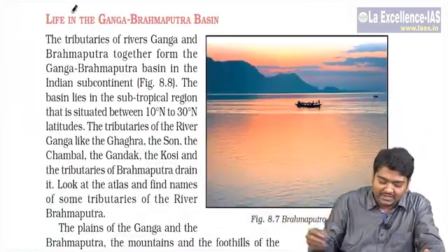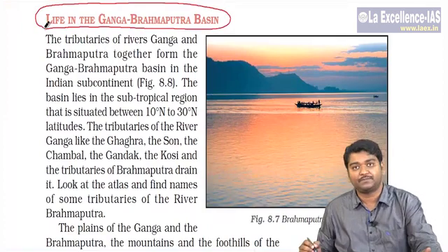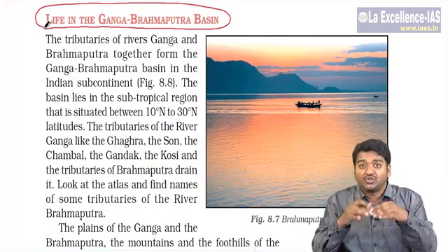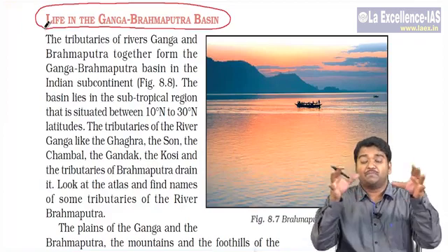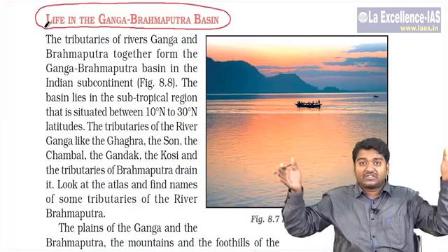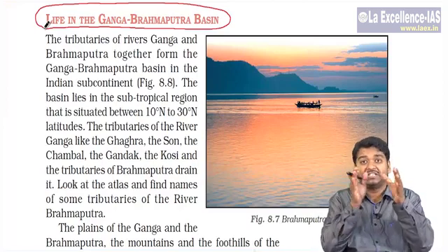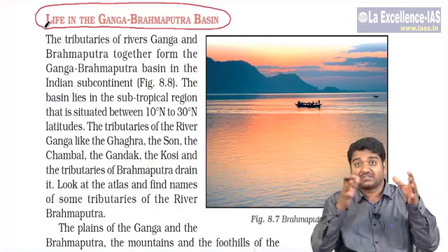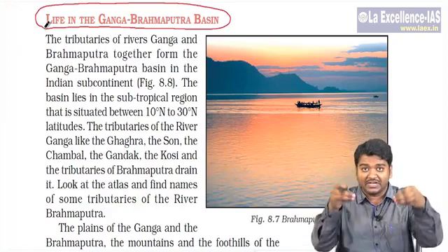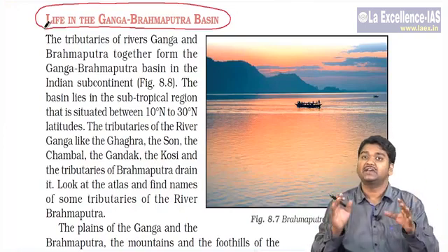The next important thing that we need to see is with respect to life in the Ganga and Brahmaputra basin. As you are all aware, this Ganga and Brahmaputra brings in fertile soil, so usually the population will be present more in this region. But in rainforest what will happen? In rainforest, as you have forests throughout, less number of people will be present. Can I say density of population is less in rainforest and it is more in this basin? Why? The river brings fertile soil, and as the fertility is more, agricultural production will be more, and more people are usually present in this region.